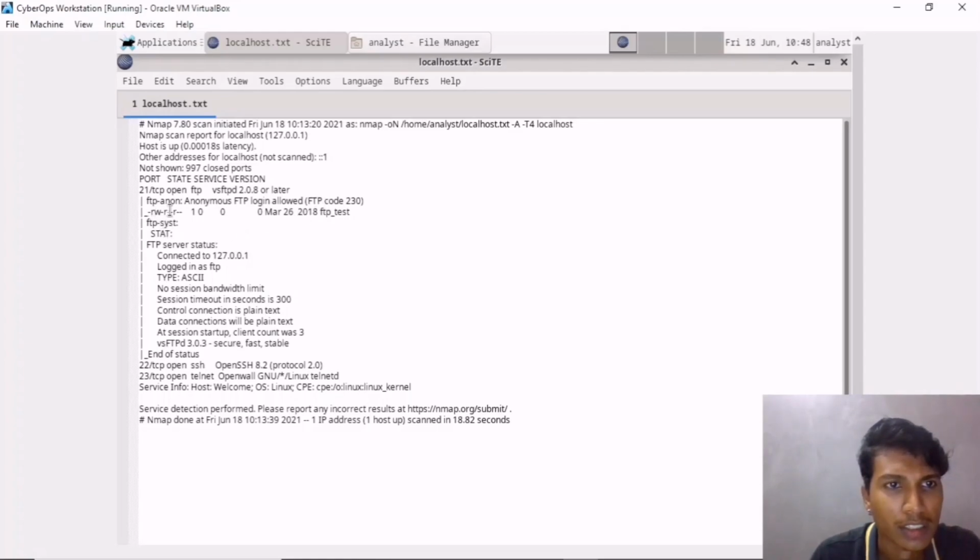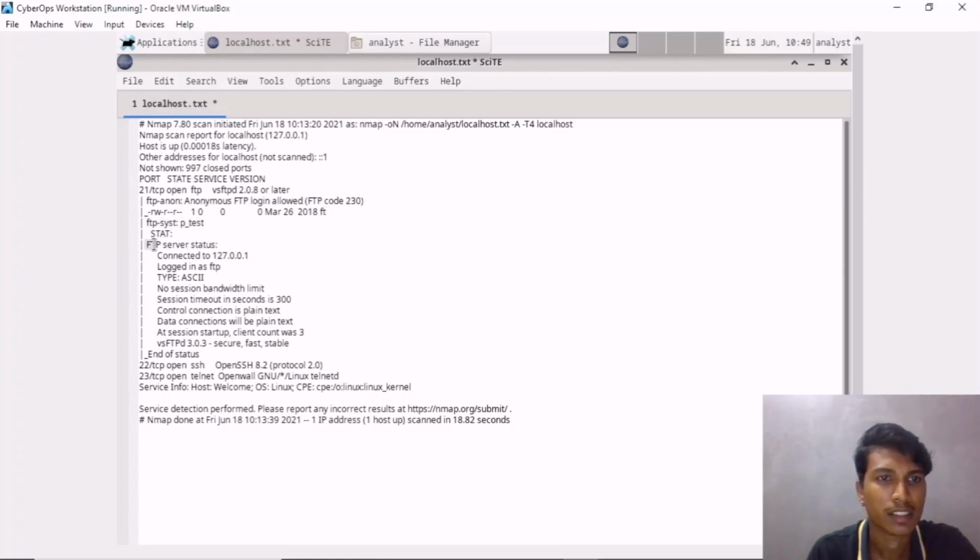You can see the FTP option, and anonymous FTP login allowed, with FTP code 230. This is the permission and ownership of the file, and what happens when the anonymous FTP login occurs.